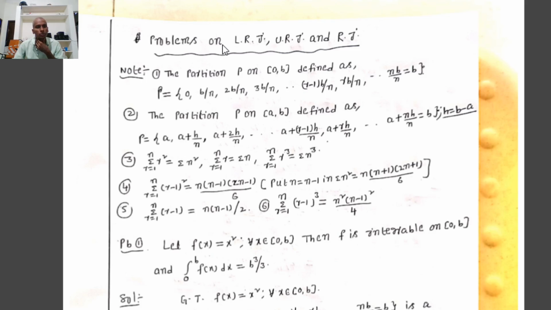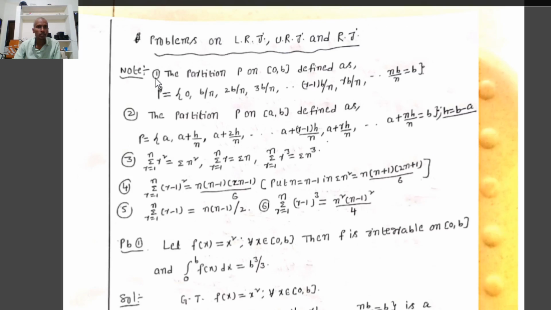Today we will discuss how to find the lower Riemann integral, upper Riemann integral and Riemann integration of the given function f(x) on the given closed interval [a, b]. Some important notes. First one,